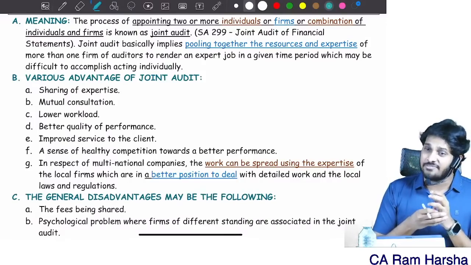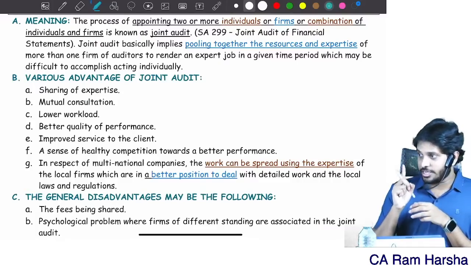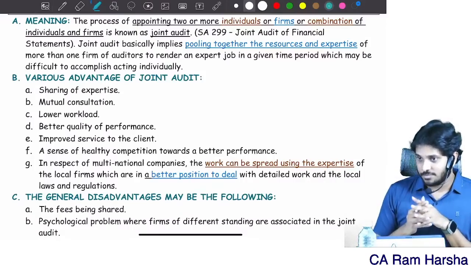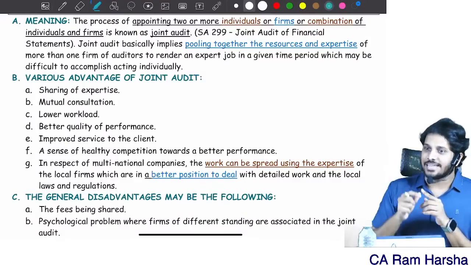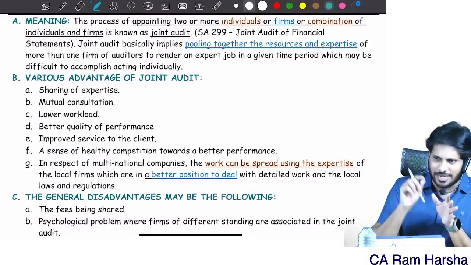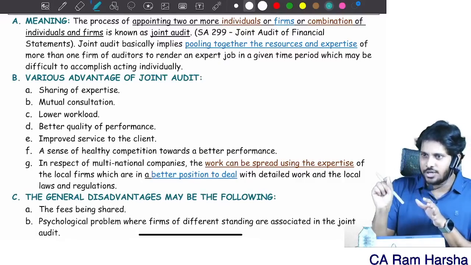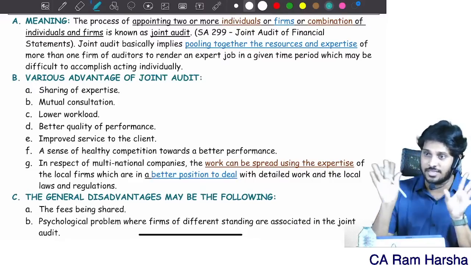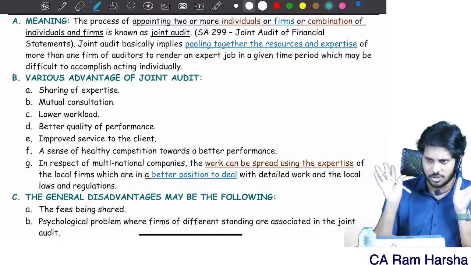Is joint audit compulsory? No. Is there any reference to joint audit under the Companies Act? Yes. Under the rotation of auditors concept, section 139 subsection 2, a proviso has been given. There, the joint audit topic is indirectly discussed. What they said is, if shareholders decide, they can appoint joint auditors. So indirectly in the Companies Act, there is a legal footnote regarding joint audit. Only at rotation of auditors, and that too as a note. It was not given as a full-fledged provision. So technically the Companies Act is predominantly silent on joint audit.